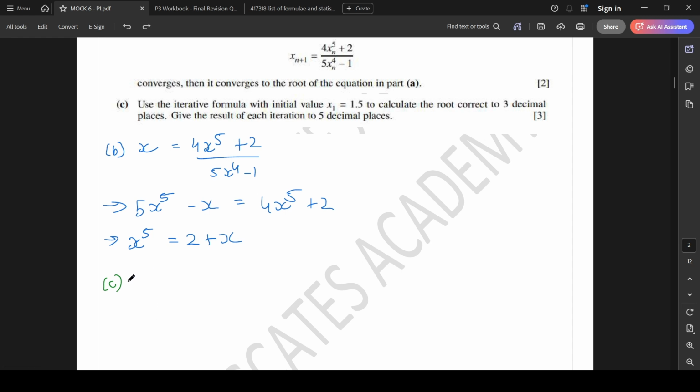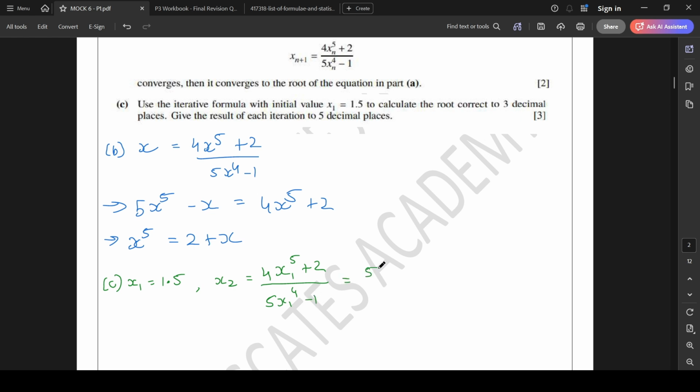What I'm trying to say over here is, you know that x1 is equal to 1.5. Now your x2 will be equal to 4 times x1, right? If you're writing n over here as 1, it will become x2, and then this will become x1 and x1. So 4x1 to the power of 5 plus 2 divided by 5x1 to the power of 4 minus 1